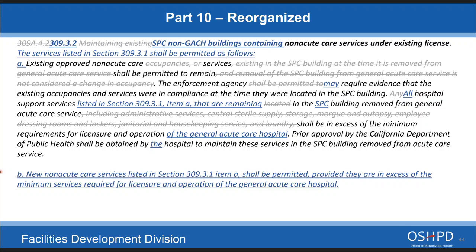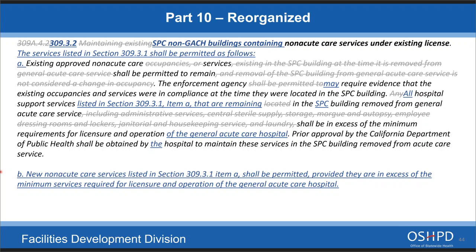Okay, an SPC building removed from general acute care services can be allowed to have other services in there, but they must be in excess of the minimum requirements for licensure and operation of the acute care hospital. So that's where I was going back to, say, an example for storage. You can have storage in the existing hospital, and you must meet the requirements for storage in that hospital. If you want to expand that storage for the hospital, it can be in the SPC building or the 1R